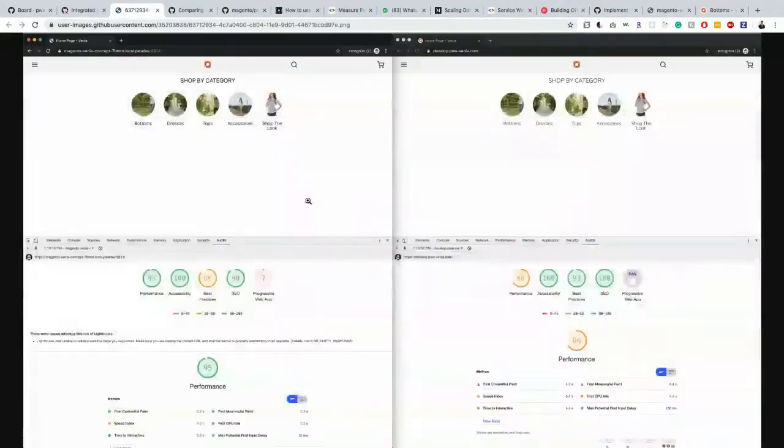This particular one, if you look at the performance-wise, the left is with the changes, and the right is without the changes. This is develop branch. So this is a huge performance boost from 66 to 95. But then you could see the best practices and SEO is kind of hurt at this point. But then we'll get it back.